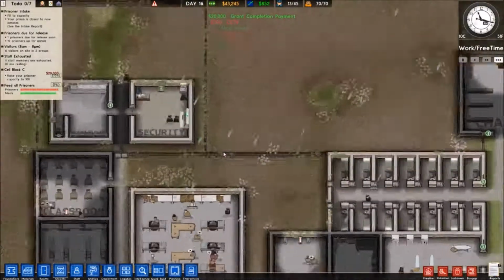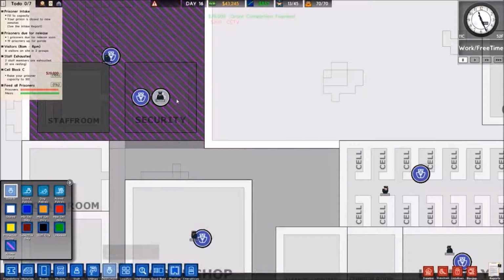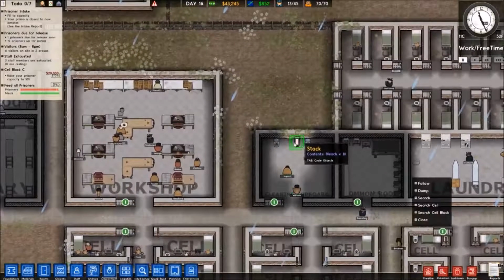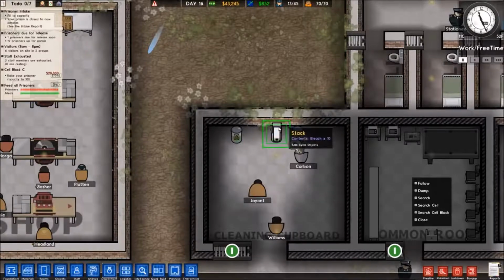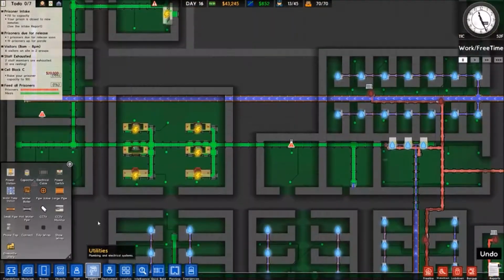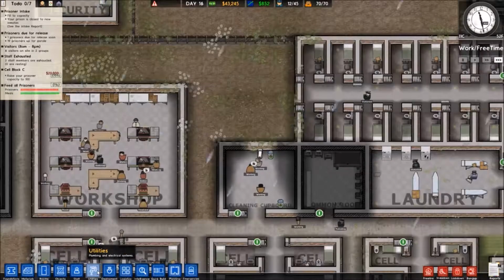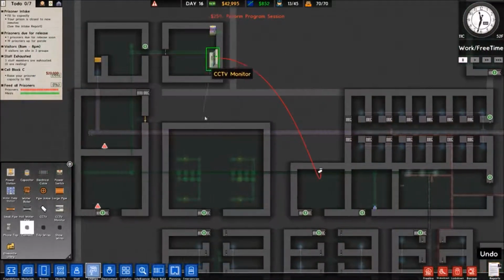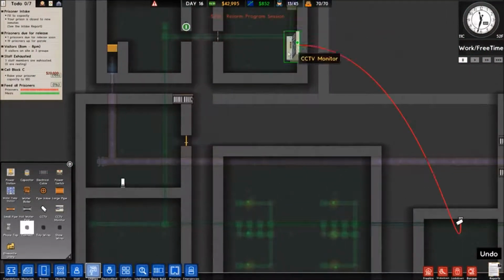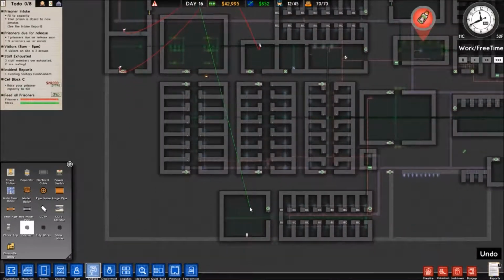Alright, now let's hook these up. How do these things work? I don't really know. But we're gonna try. I know what they do, but it's just one of those things where I'm not sure which end I'm supposed to connect it to. Okay, does that work? There we are! Okay. So we're gonna connect this to the cameras, because the cameras are telling them what to do.